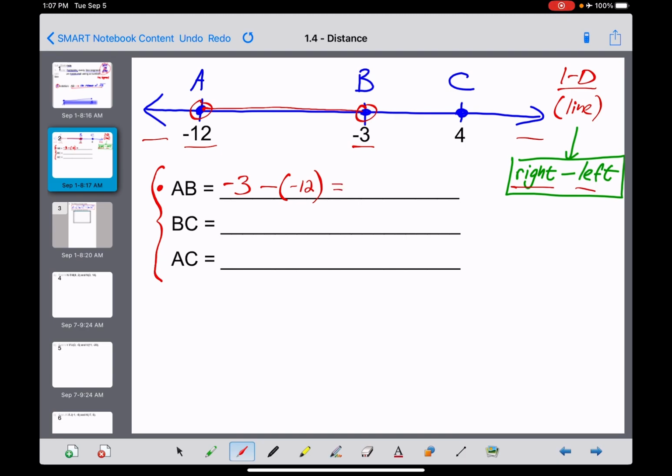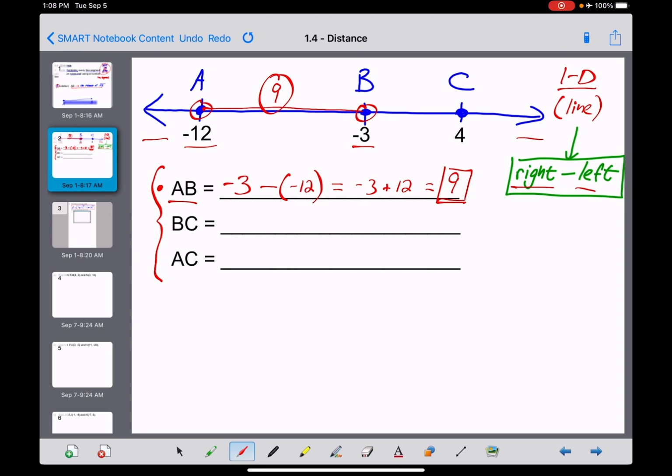Anytime we're subtracting a negative, that just turns into a plus. So this is really -3 plus 12, which is going to give us our answer here of 9. So again, what are we finding here? This means the measure of line segment AB is 9 units. So I'll just go ahead and put a 9 right there, and that's what that distance is from A to